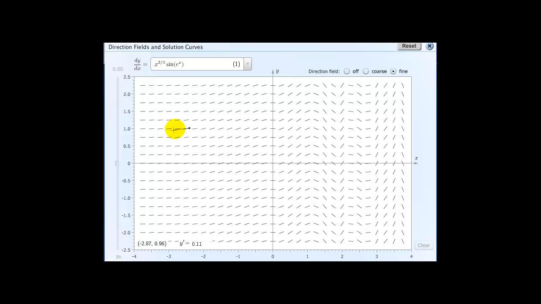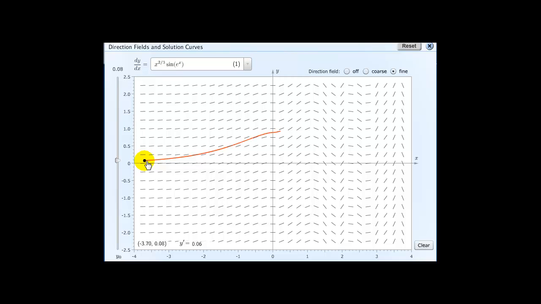But as I move along here, this is actually showing me what this would look like. So you can see when I get a larger slope, I have a longer arrow there. You can see how that works. So as I move along here, that's actually showing me the actual correct proportions for that little segment to show you the slope. Now if I click somewhere, it's going to trace out a solution curve for me by following